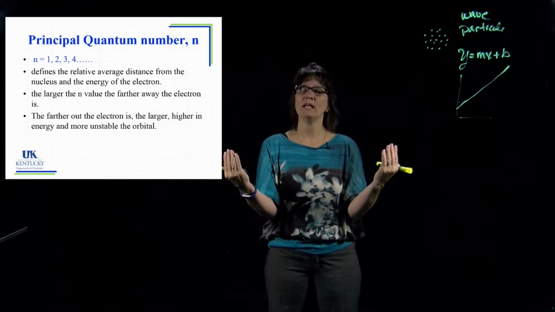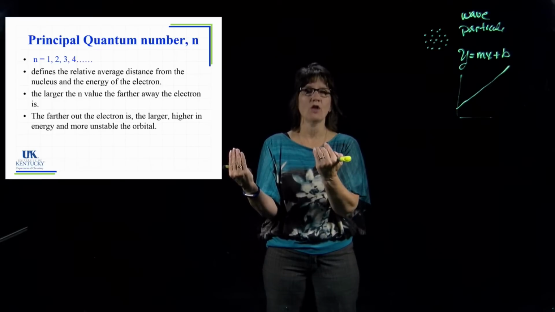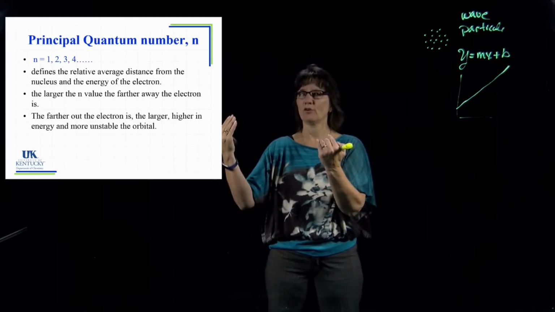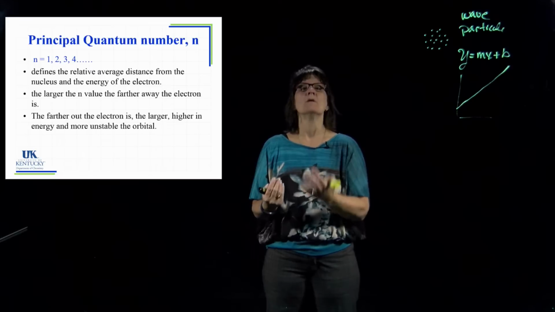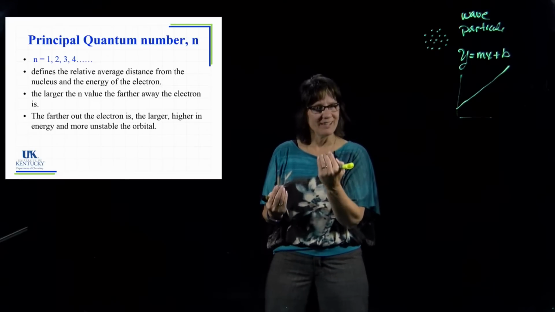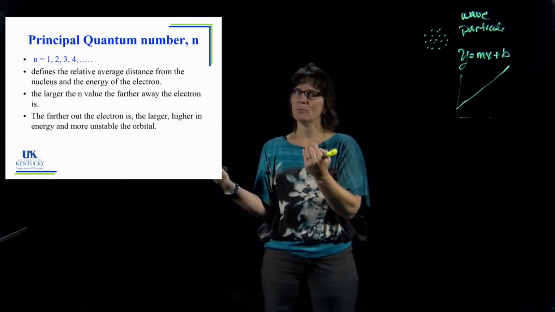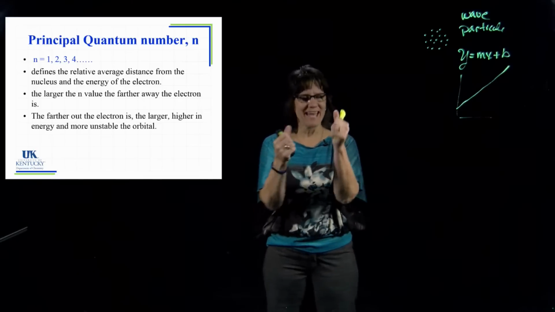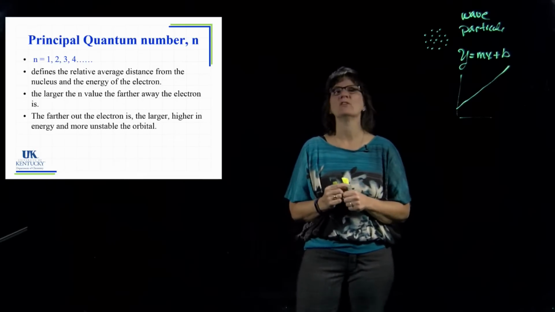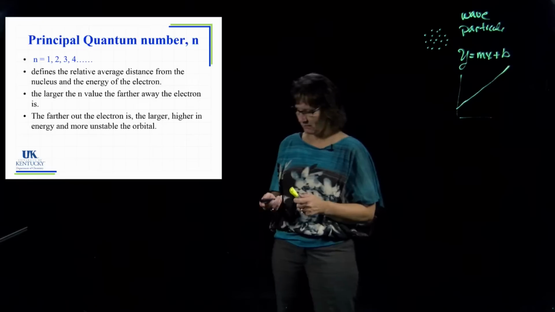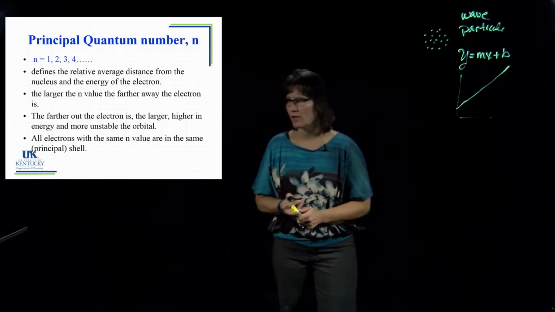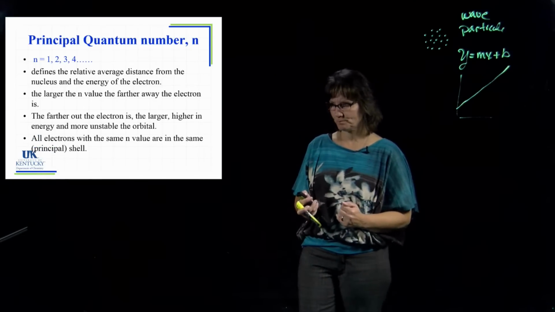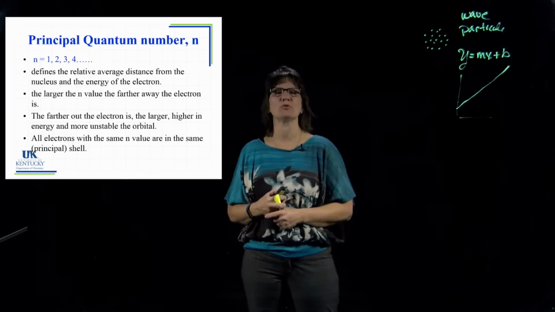So here are the two things that you know about two electrons that have different n's. The smaller the n is, the closer it is to the nucleus. The bigger the n is, the further out it is from the nucleus. The smaller the n is, the less energy it has. The bigger the n is, the more energy it has. So this tag that we tag onto the electrons first is going to tell us the n value.